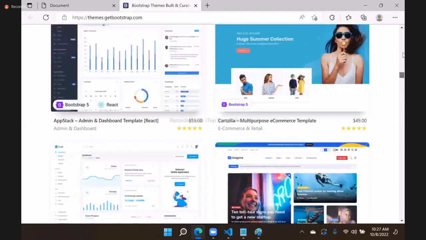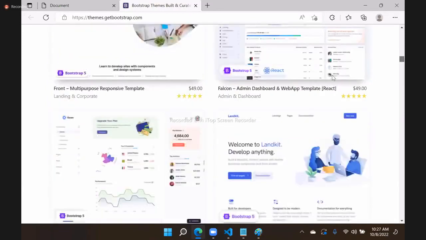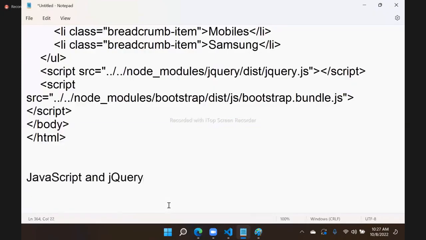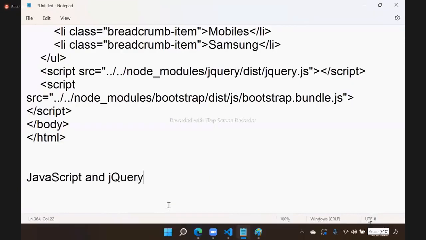We just learned the design. Now we will learn how to give the functionality. And to give the functionality, you now need a combination of JavaScript and jQuery. This we have to start. That we will see in our next session, right? From tomorrow, from Monday, we will start working with